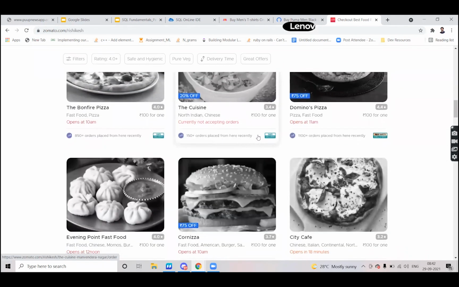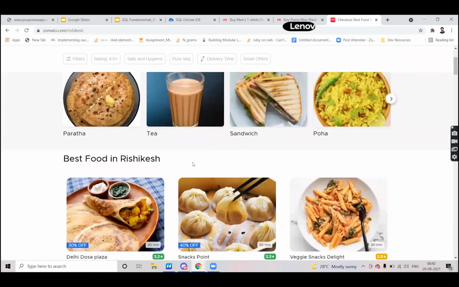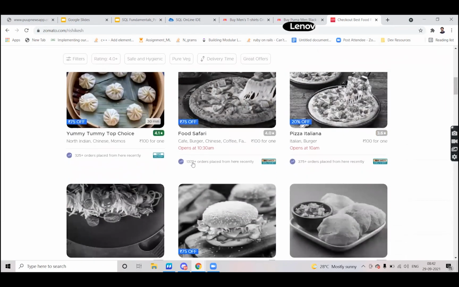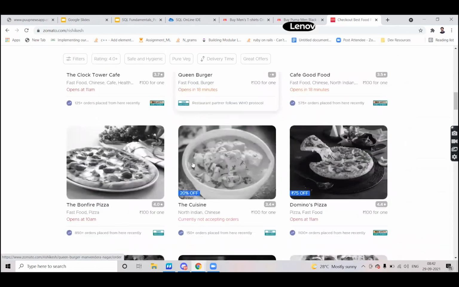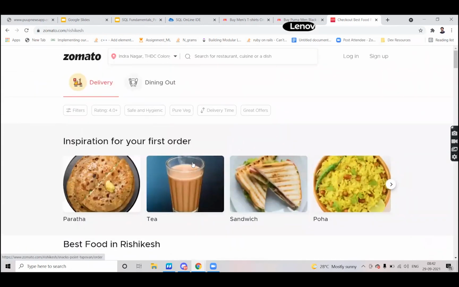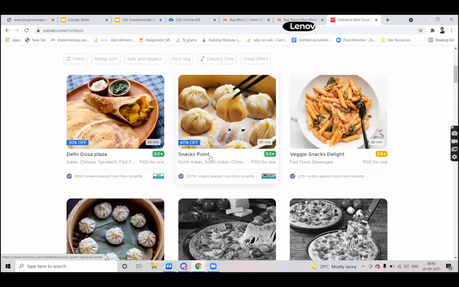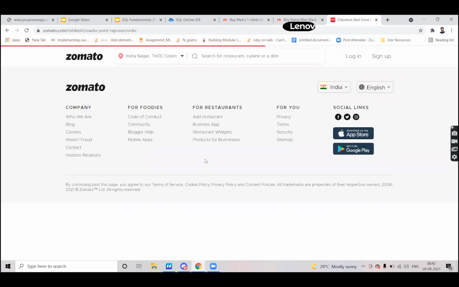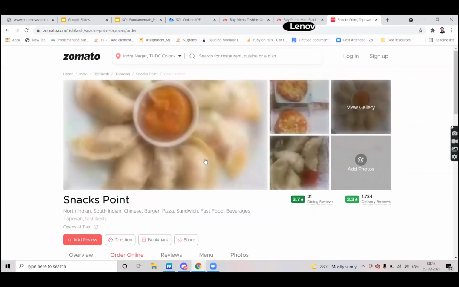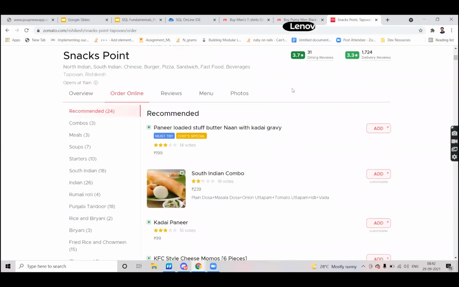Because to increase our user interactivity, if they don't make their front end interactive, then I will not be so interested in exploring this website. So this is the point: if I'm clicking something, this data I'm actually getting from the database. If I'm clicking on that, it is requesting the backend and telling it, please get the data of this snack point, and I'm getting all this data from that